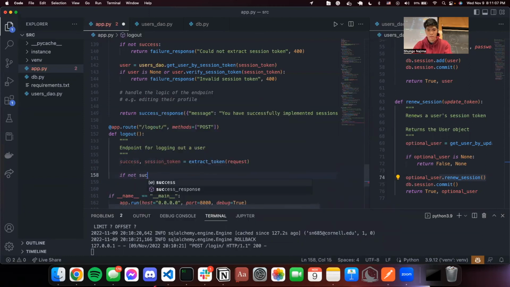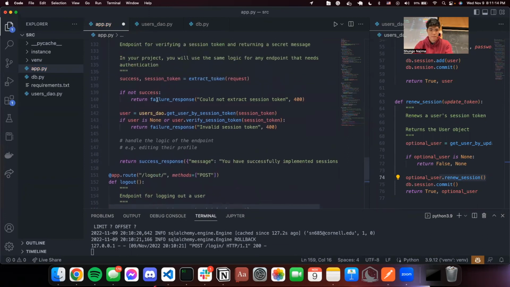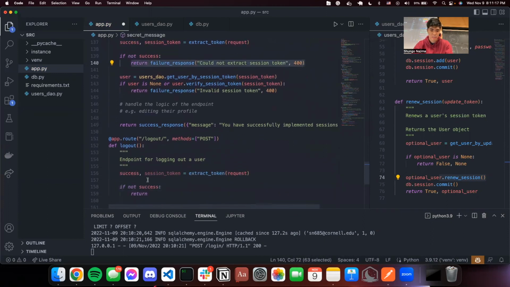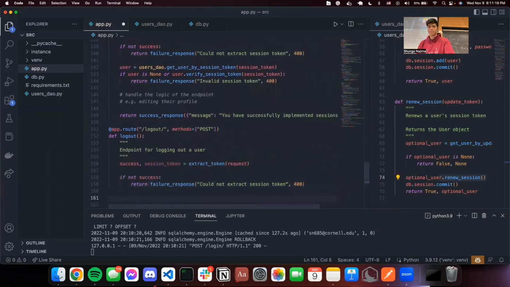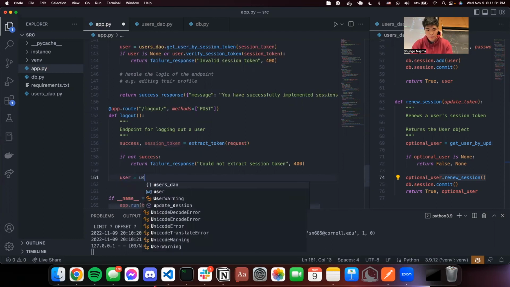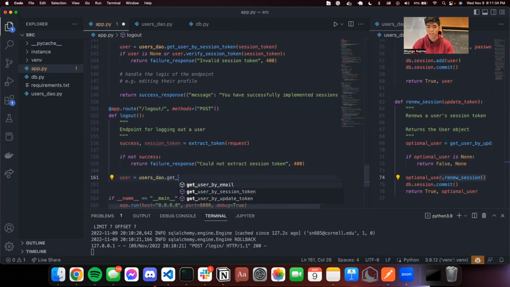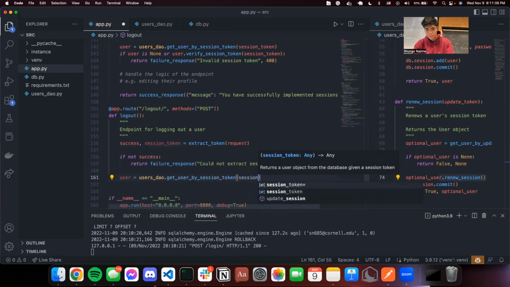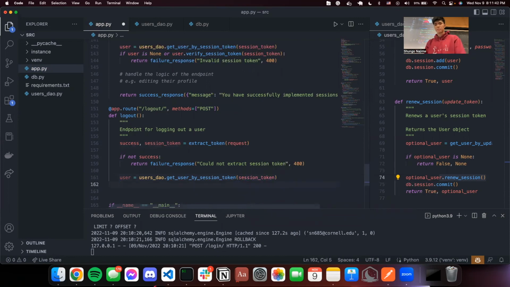And if it was not successful, if not success, then return I could not extract session token, same as up here. And then if the session token is valid, we'll try to retrieve a user by that session token. And if user is none or,